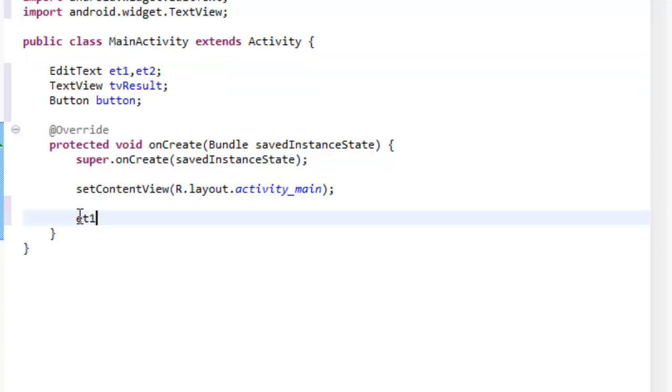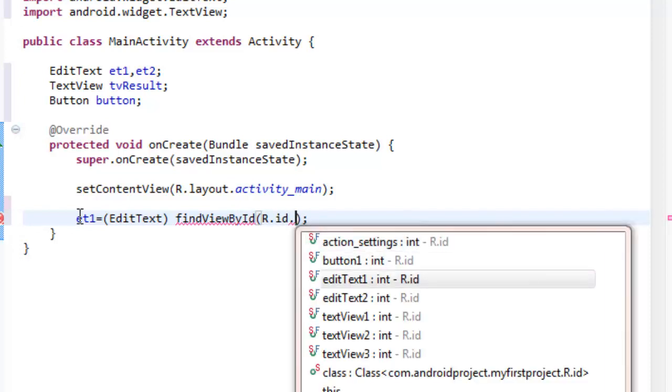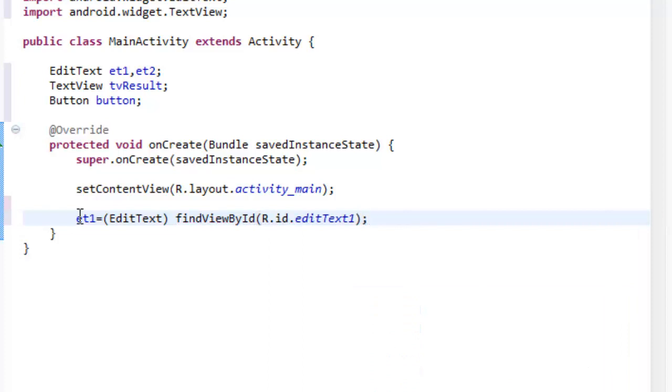Now we have et1. Okay, we have edit text, find view by id, R.id.edittext1. This is the id which is referred in the XML for the edit text.